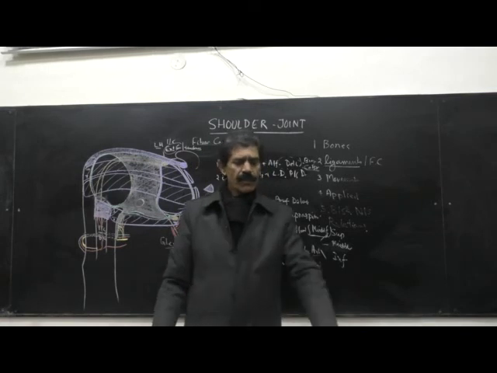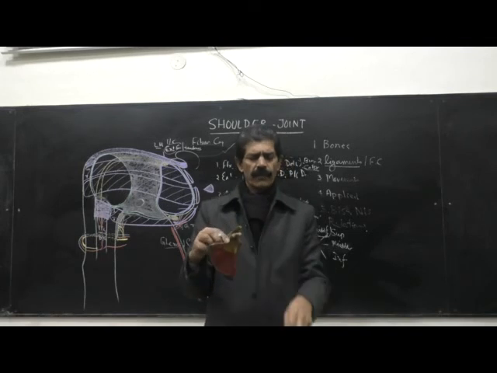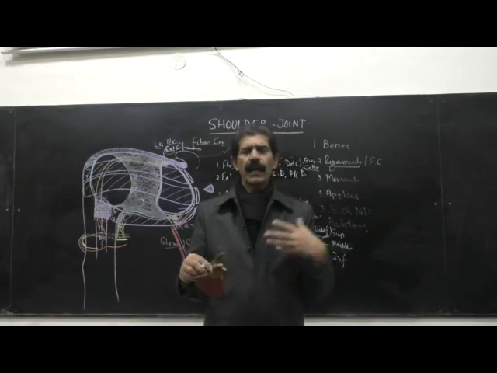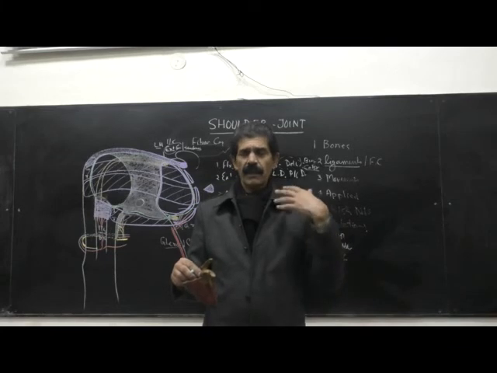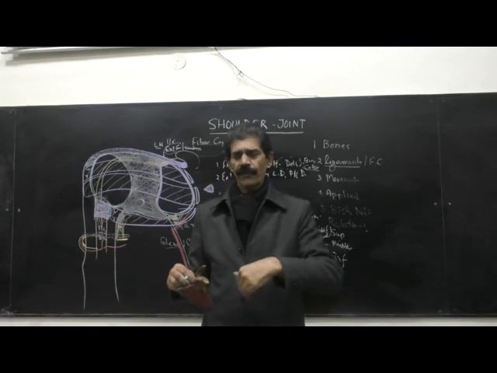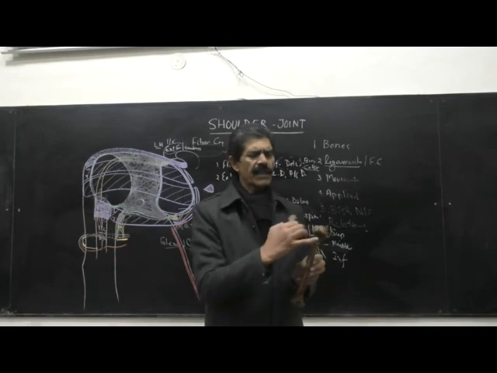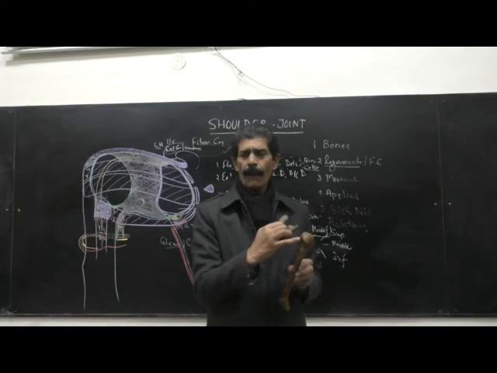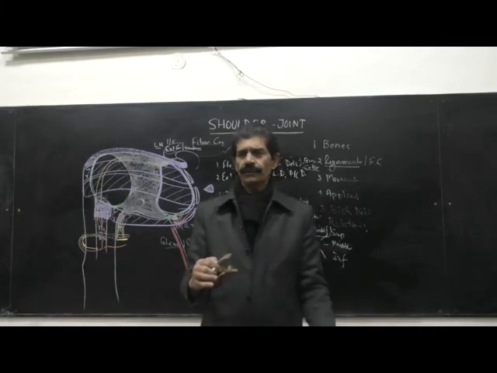Then comes the medial rotation. The medial rotation is done like this. It is done again by the pectoralis major muscle and also the anterior fibers of the deltoid. Then the lateral rotation. The lateral rotators are the SIT muscles: supraspinatus, infraspinatus, and teres minor. These muscles bring about the lateral rotation,